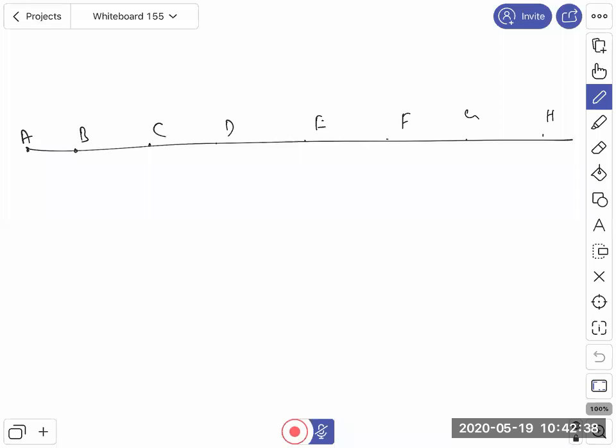Okay. Now if you are considering the time, when time is equal to 0, the particle was at point A, at time equal to 1 it came to B, at 2 it came to C, at 3 it came to D, like that, 4, 5, 6, 7. So displacement in the 5th second. Displacement in the 5th second means the distance traveled by the particle from time equal to 4 seconds to time equal to 5 seconds.